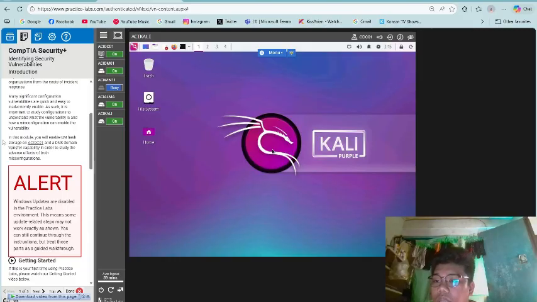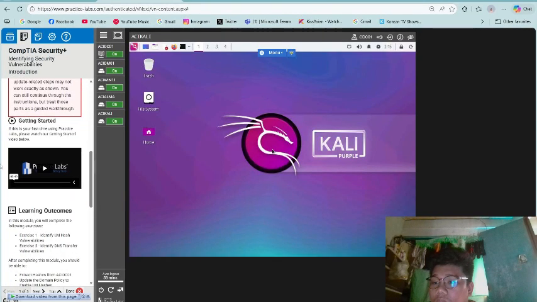As such, it is important to study configurations to understand what the vulnerability is and how a misconfiguration can enable the vulnerability. In this module, you will enable LM hash storage on ACIDC01 and a DNS zone transfer capability in order to study the adverse effects of both misconfigurations.